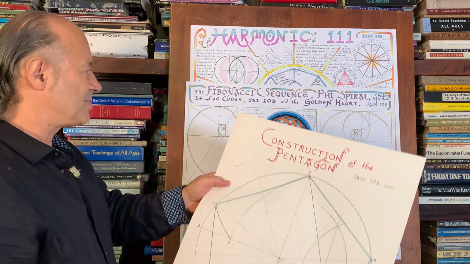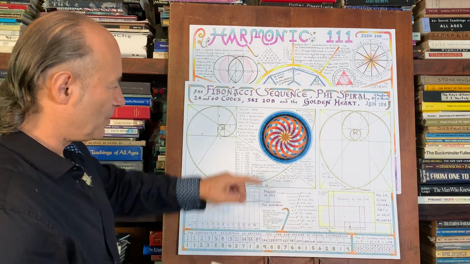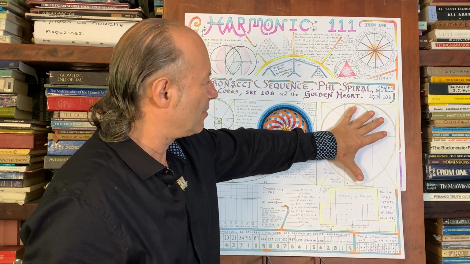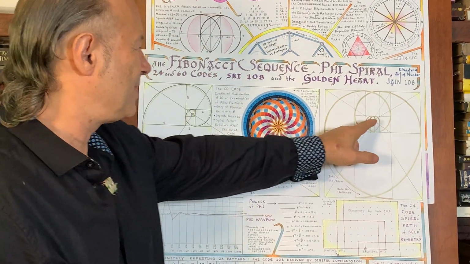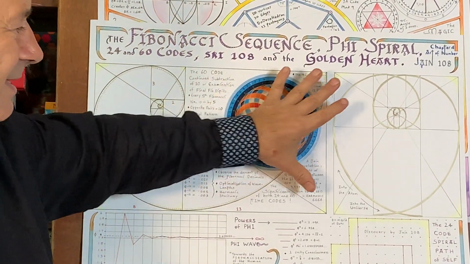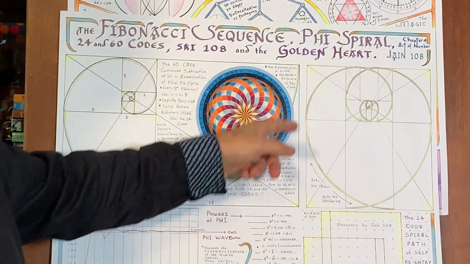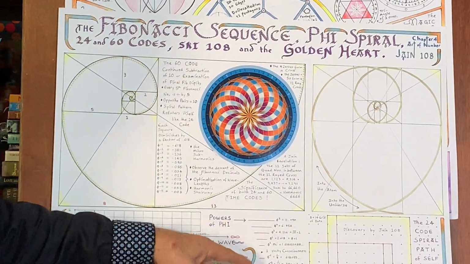I wanted also to show you, I've got a small chart here. So this is a chart that I did. There's the phi heart, the two golden spirals that converge there. We've looked at the golden rectangle. I'm coming up to a revelation soon about the 60 code, and I'll show you that in a minute. But I made a note here that